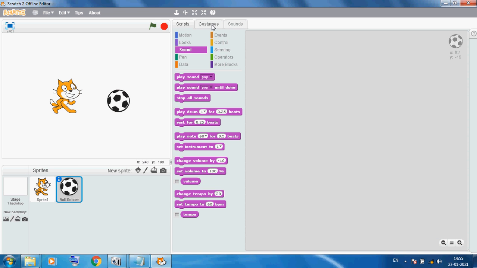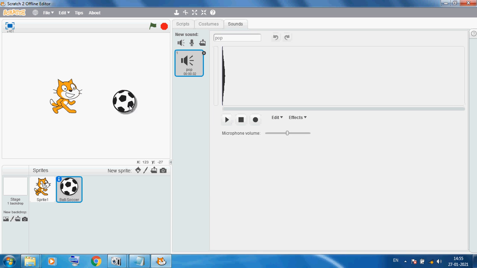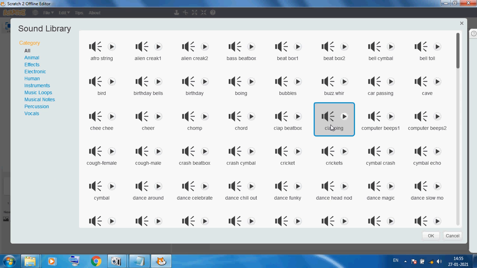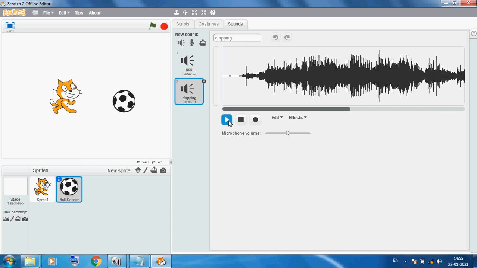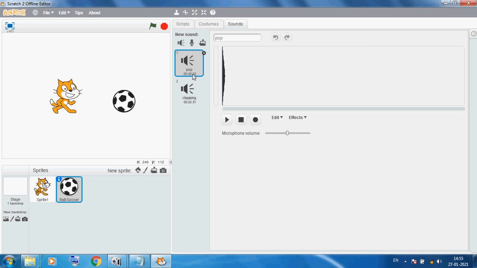Here you can see costume, but here I am using sound. There are so many different kinds of sounds. Here I am using clapping, then OK. Now you can see the voice of clapping. We can use this sound also.